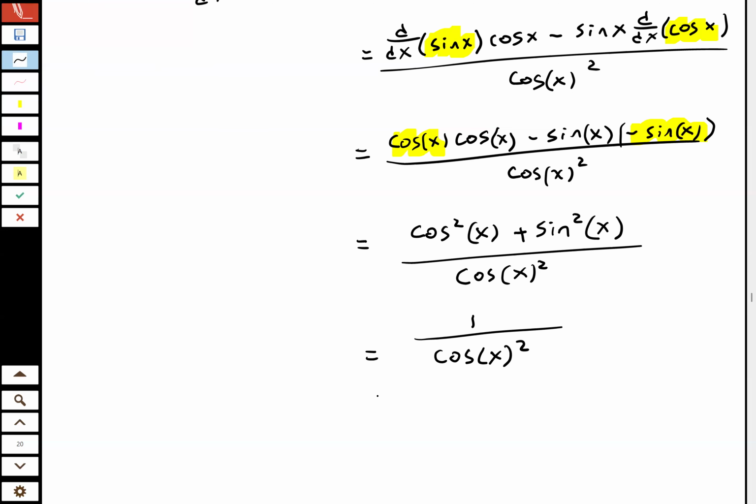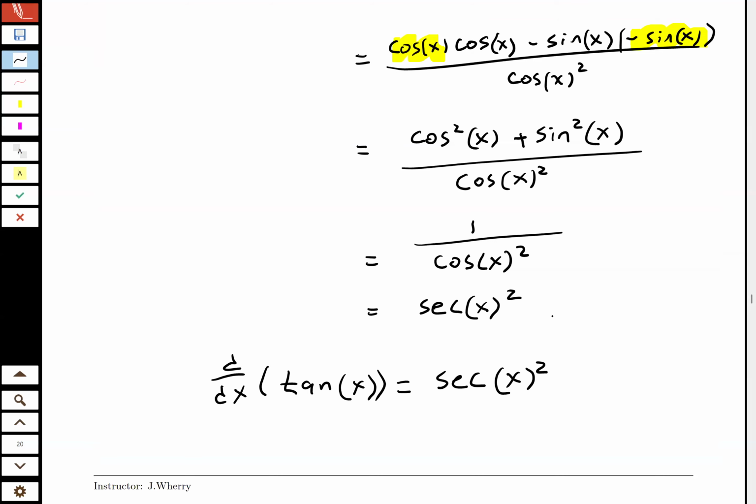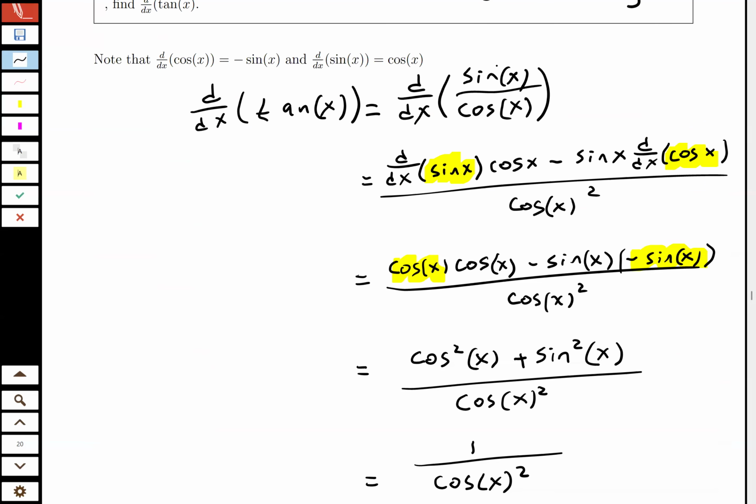Finally, 1 over cosine is secant. So that's secant squared. So this tells me the derivative of tangent is secant squared. Again, to come up with this, I set up the difference quotient, because tangent is sine over